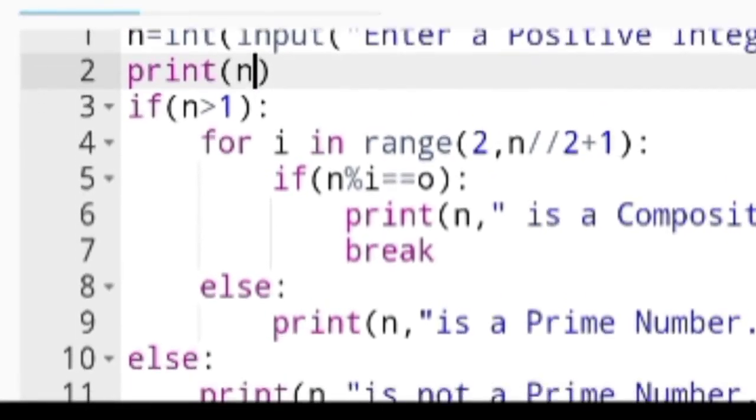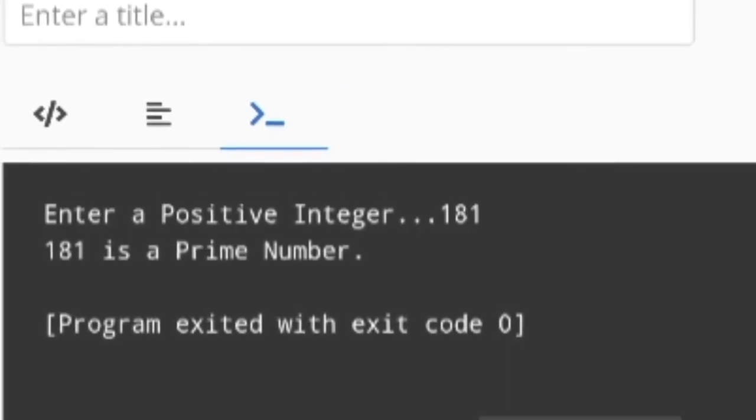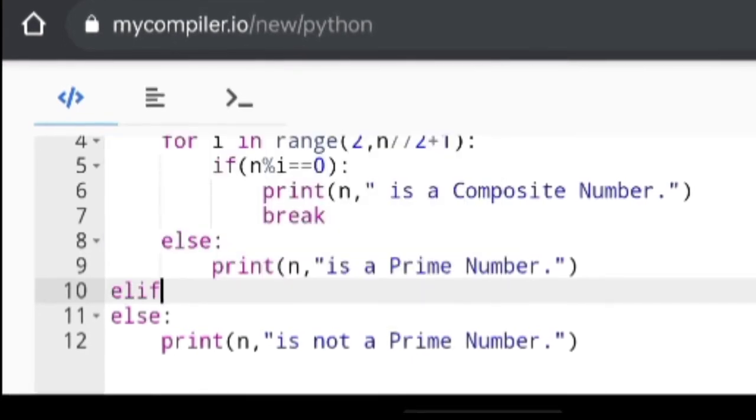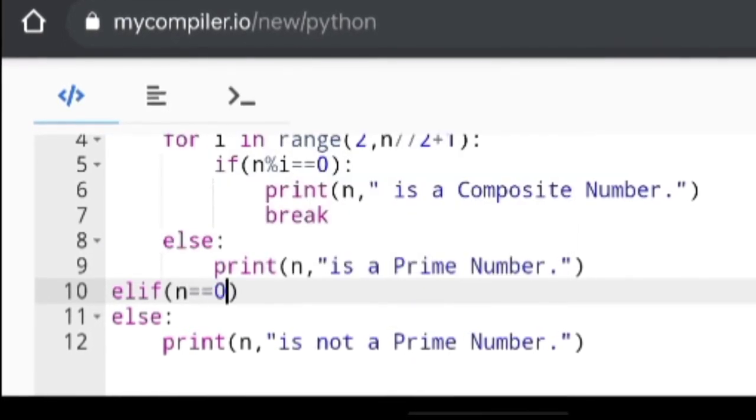So in this way, I am giving an input 181 to show you how this works. So here 181 is a prime number. Now you can modify the program in a more user friendly way, that is else if. This is the else if command, means else if n is equal to 1.